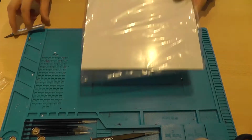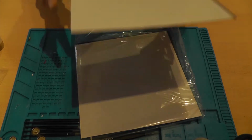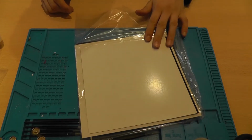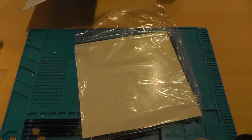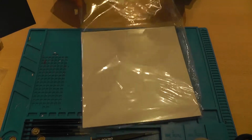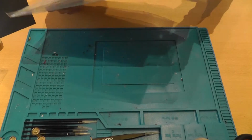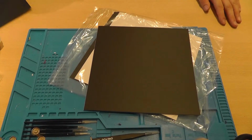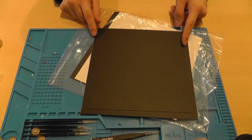Now I can already tell that the previous order is not the correct size. Look, this one is much bigger. This is much bigger and better. And so you might be wondering, what are these things? Well, they are heat pad stickers. I've got one left, that's this one, and as you can see,